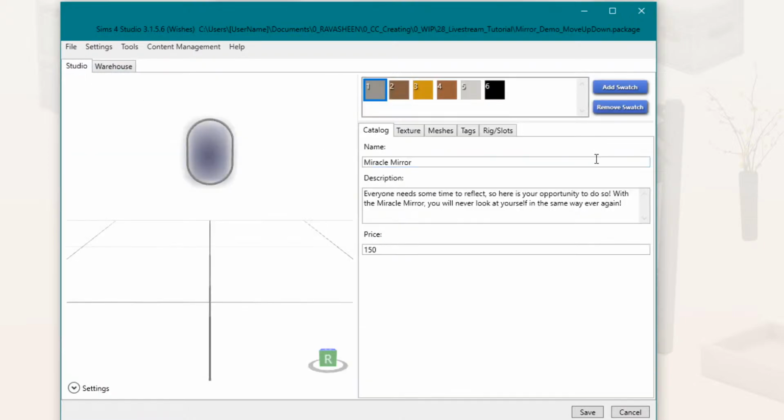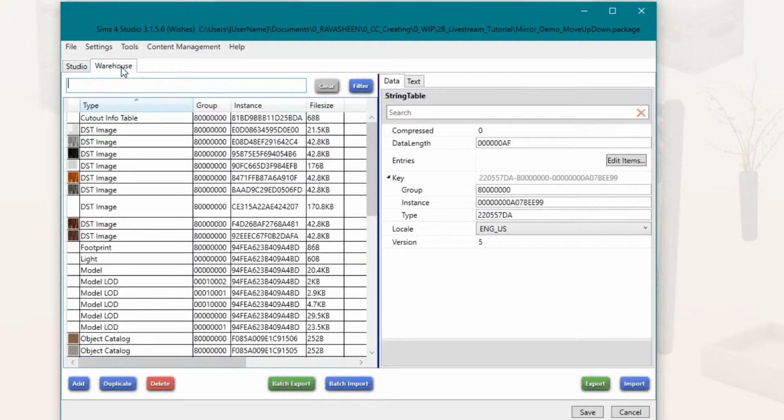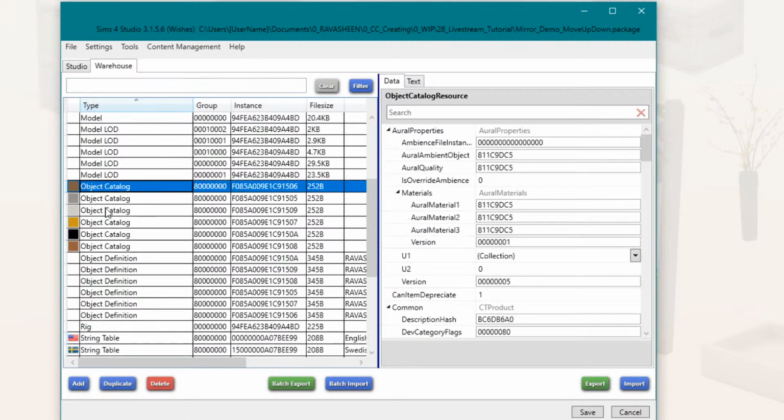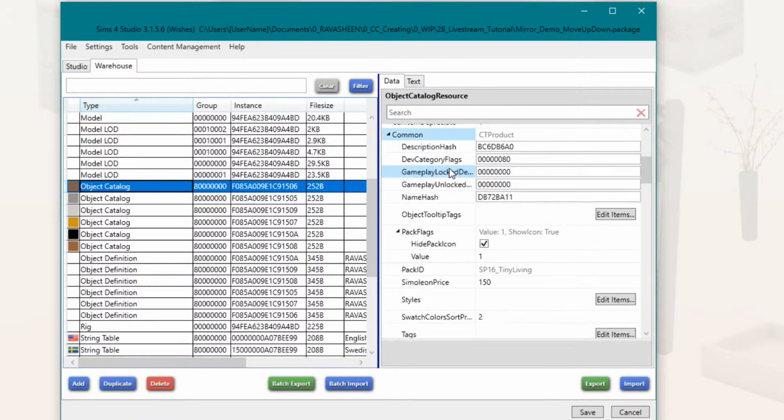Again, we don't need to make any changes over here in the Studio tab. We're just going to go over here right into Warehouse, filter by type. And once again, we're going to go to Object Catalog. If you missed what I talked about in the very beginning, when you make a change to something in the object catalog, it only changes it for that swatch. So if you want to make sure that all of these are able to be moved up and down, we're going to need to make the change to all of these object catalogs. So we'll start with the first one. We'll scroll down,